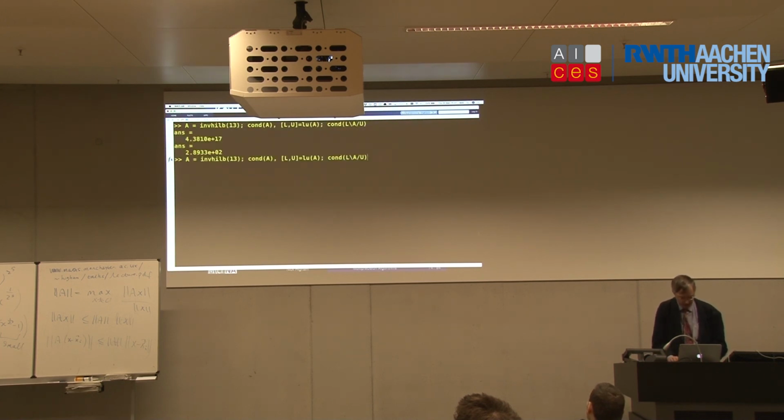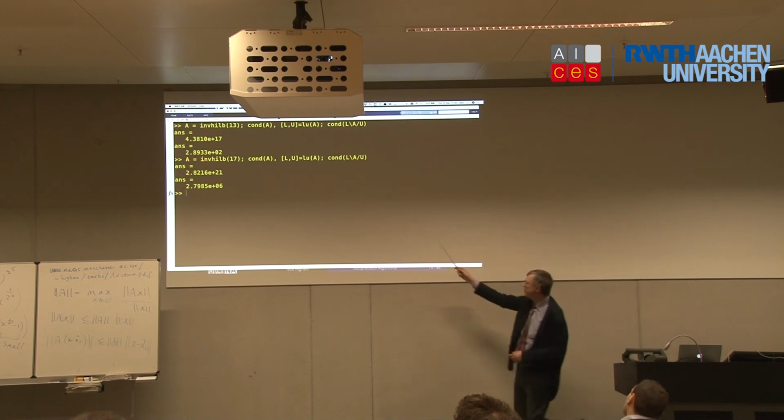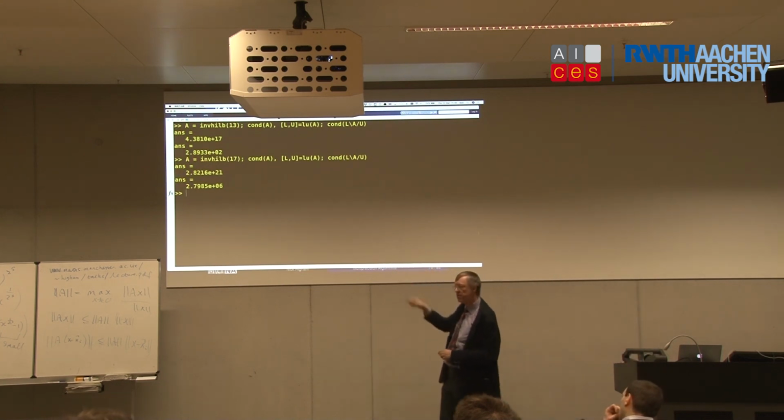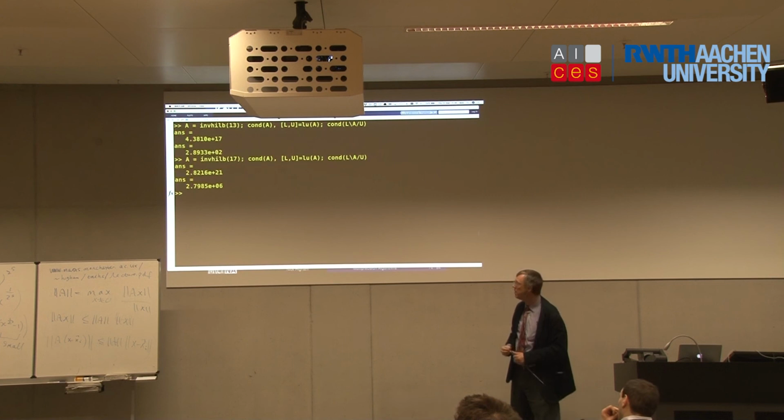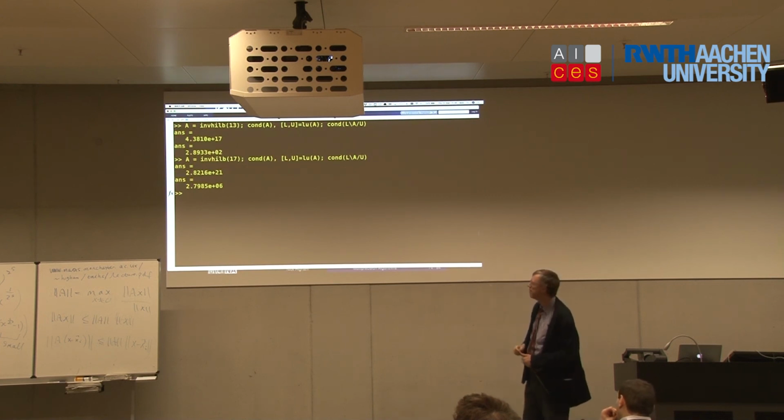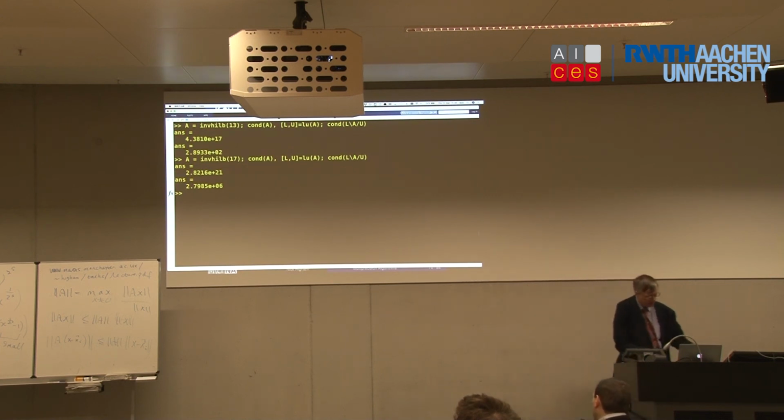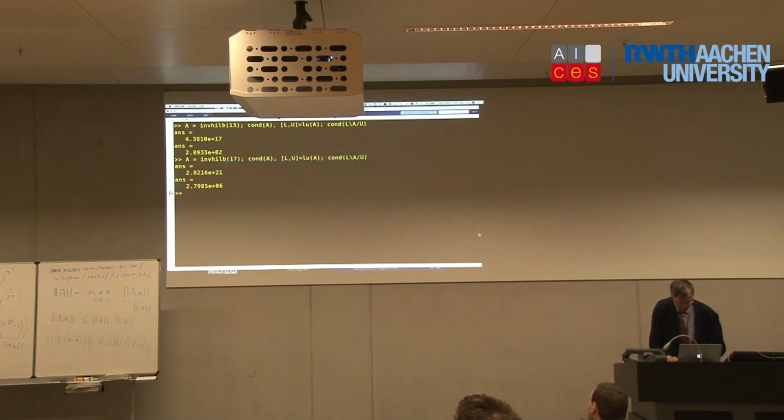So let's try invhilb(17), say. Okay, so here, the condition number is 10 to the 21. Rump says that will get reduced by a factor 10 to the minus 16, and it does. Okay, so Rump was right.